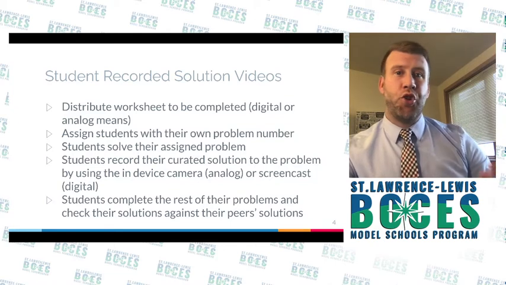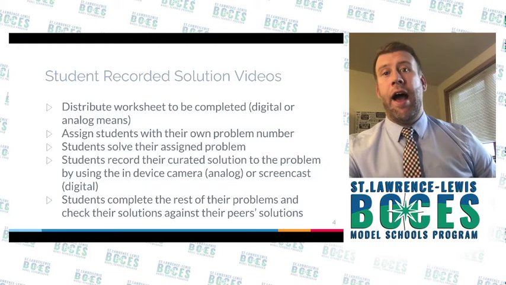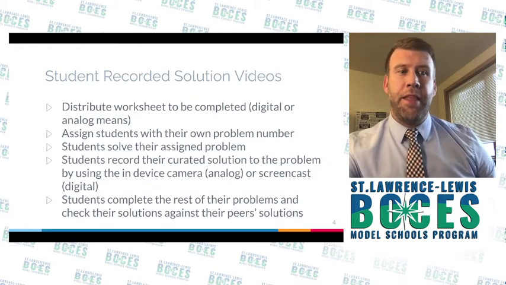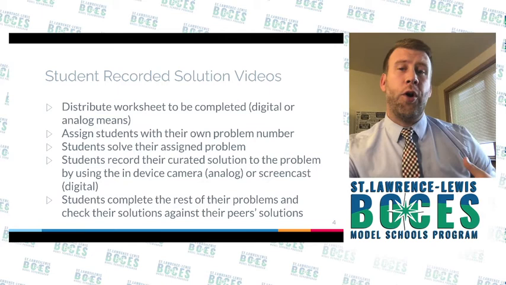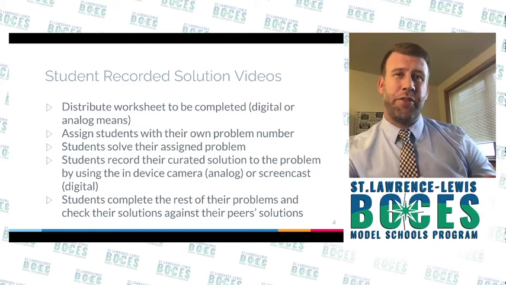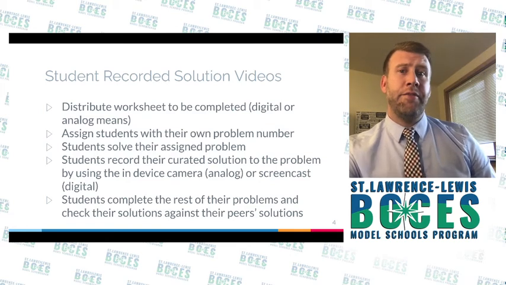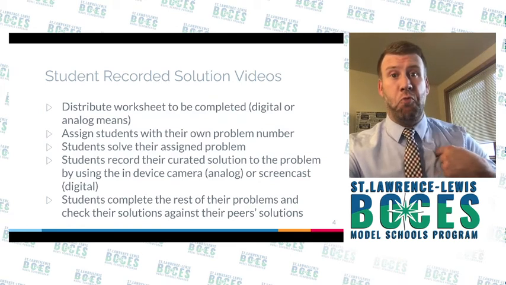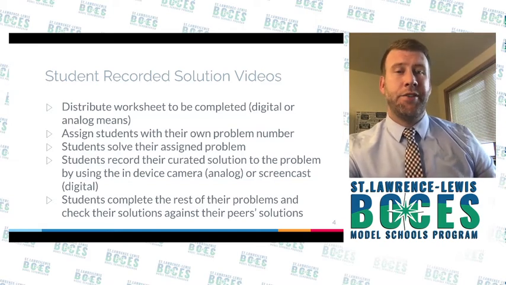So I'm going to show you what a quick step-by-step would be of this solution, and then I'll show you an example. I like to use Flipgrid for this one, just because if you have an analog, which is paper, you can hold it up to the camera and you can record yourself talking. Or if you pass it out in digital, then you're gonna have to have the kids do a screencast. And instead of having to go to a couple different places to record the video and then upload the video and then link to the video, then I'd rather just do it in one place. And Flipgrid does all of these just in one easy to find location and grouped by their groups and their topics. So I would highly advise using